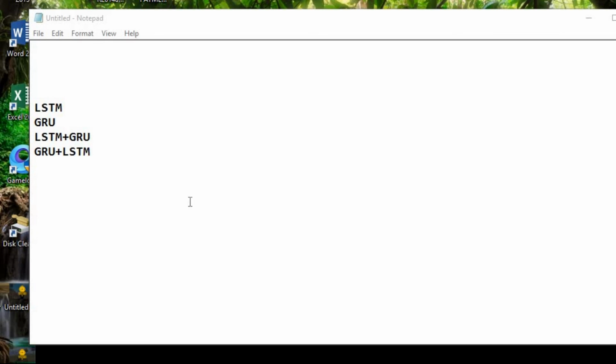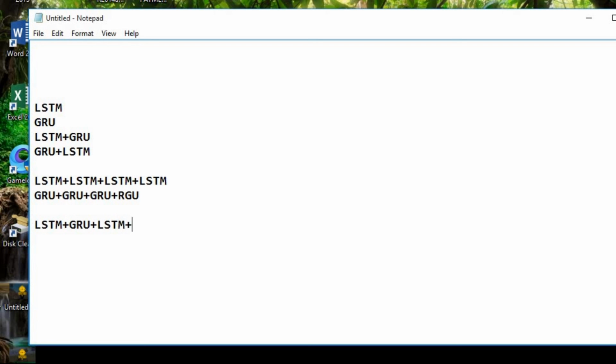Or otherwise, you can increase the number of layers if accuracy gets boosted. So all 4 layers of LSTM, or all 4 layers of GRU, or LSTM plus GRU plus LSTM plus GRU, or GRU plus LSTM plus GRU plus LSTM.